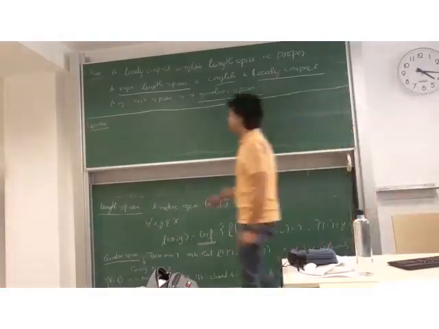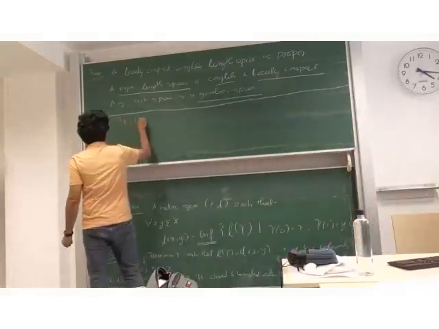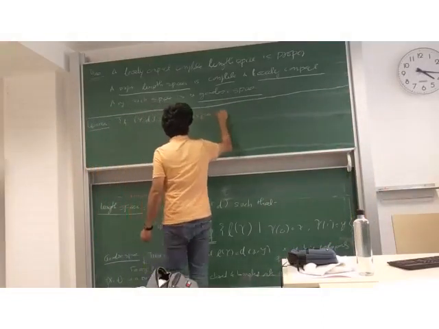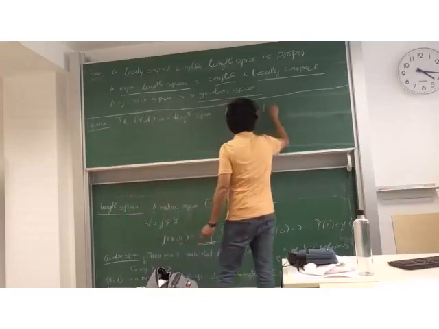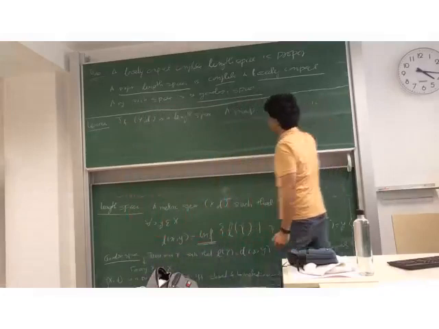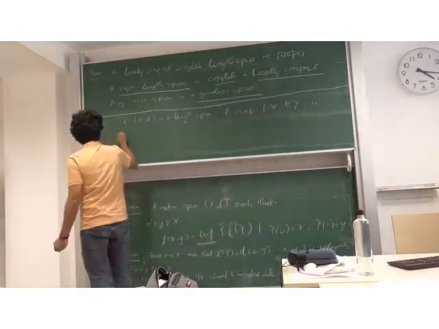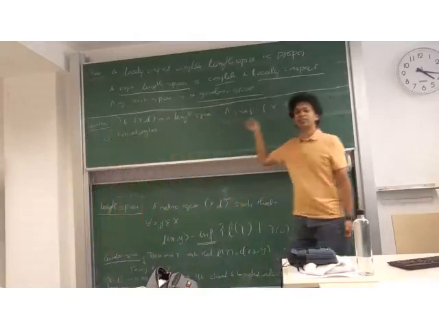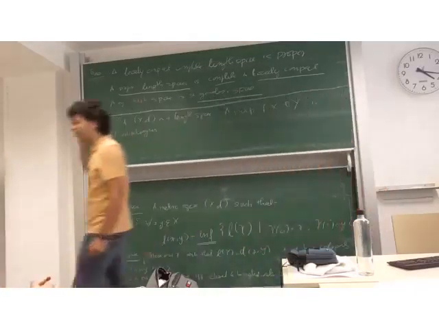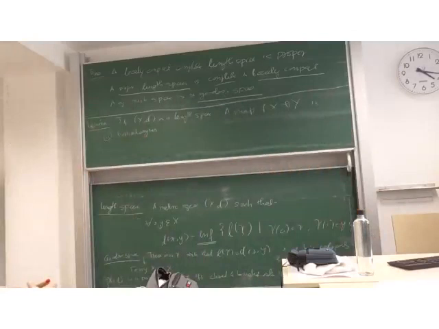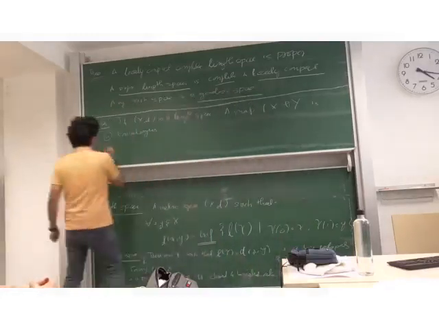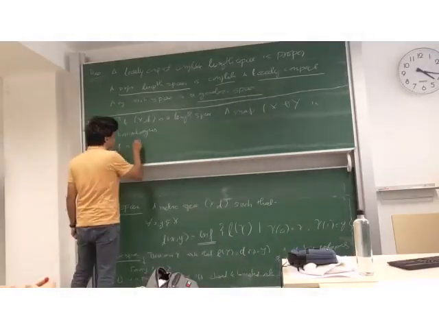So if (X,d) is a length space, a map f from X to Y is bornologous, which means that for every r greater than 0, there exists an s greater than 0 such that, basically you are taking these bounded sets in X, taking their image, and they should be inside some bounded sets in Y. So bornologous is equivalent to f being large scale